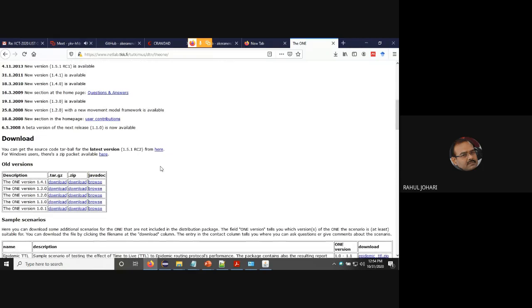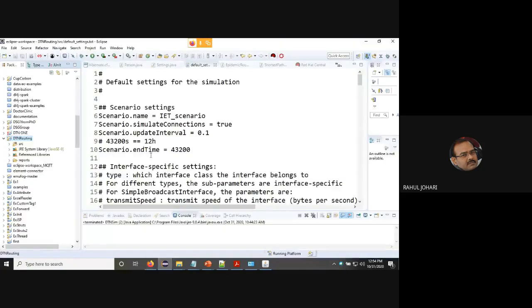Once you have downloaded this version 1.4.1 zip file, you unzip it and your project will come there, and you open the project in your favorite IDE. Whichever IDE you are working in, you just open it. Here I've created a folder by the name DTN routing.